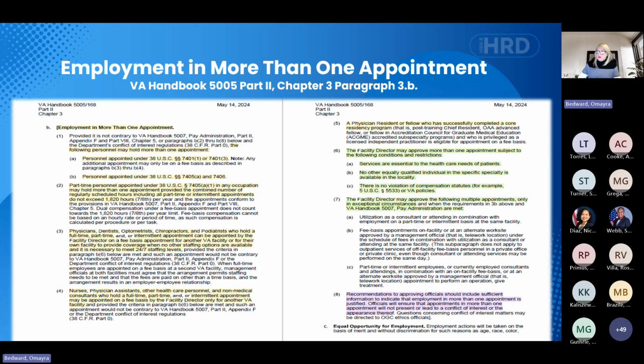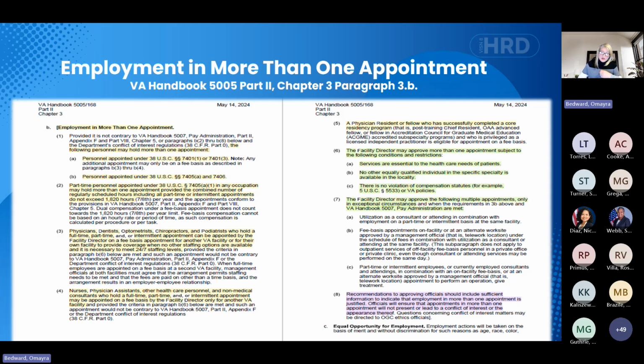This section talks about the specific professional groups that can have more than one appointment, the conditions and restrictions, and the recommendation packets. There are other sections of VA Handbook 5005 that you want to review that also talk about dual appointments or more than one appointment, and that is 5005, Part 3, Chapter 5.